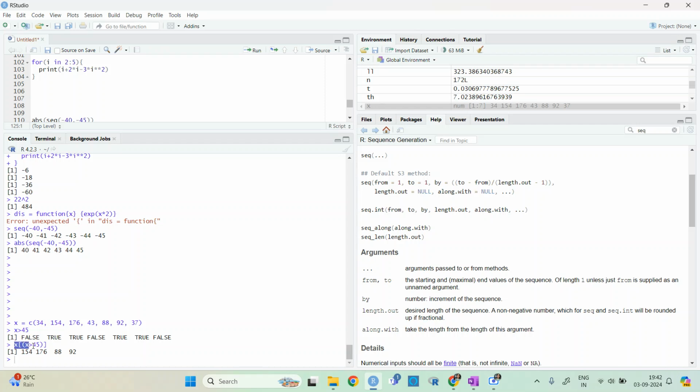So x in brackets will give you values, and just x greater than 45 will give you the answer in a logical way. Is it clear? Then option A is correct. Yes, option A is correct.